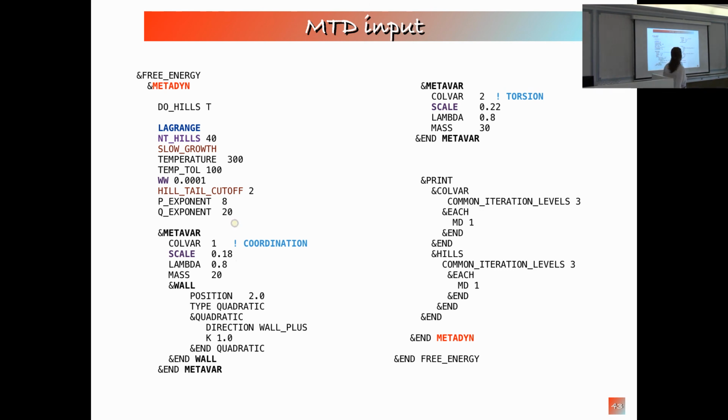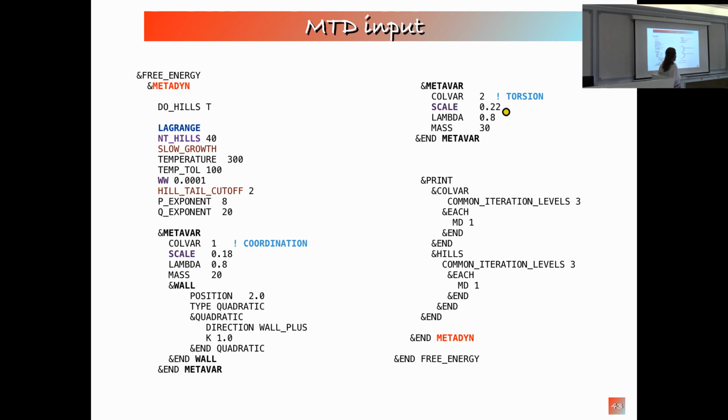If this is a distance, this unit will be Bohr, because it's the internal units of CP2K. If this is an angle, it will be a degree, a radian, or whatever. Depending on the definition of the collective variable, this has a different meaning. And you have to specify this for each